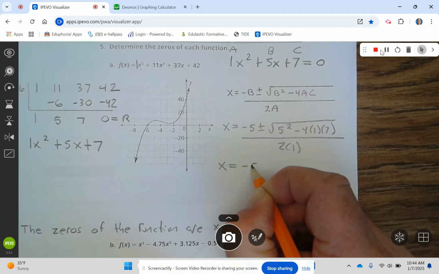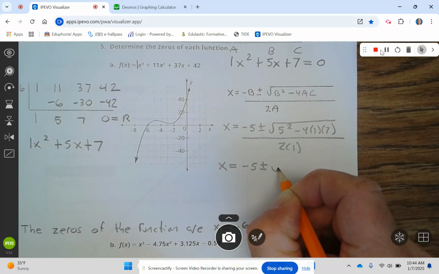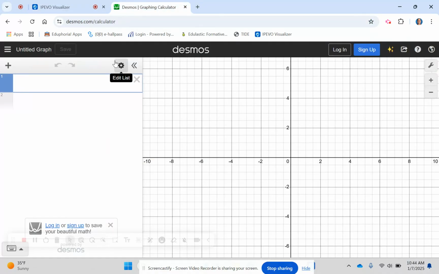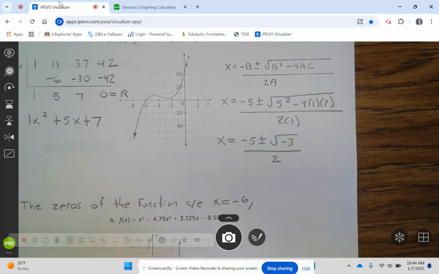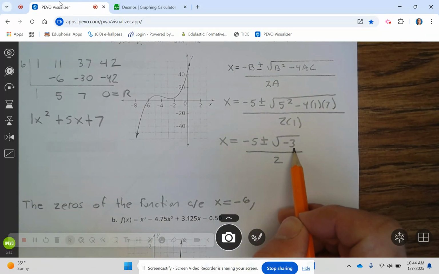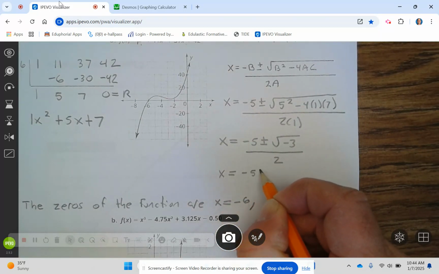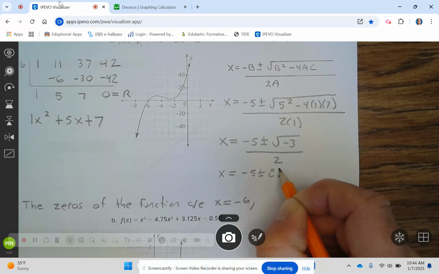So x equals negative 5 plus or minus, let's go ahead and find out what's underneath the square root using Desmos. So then that's 5 squared minus 4 times 1 times 7, which is negative 3. Divided by 2. Now, the square root of a negative number is imaginary, so then that's x equals negative 5 plus or minus i square root of 3